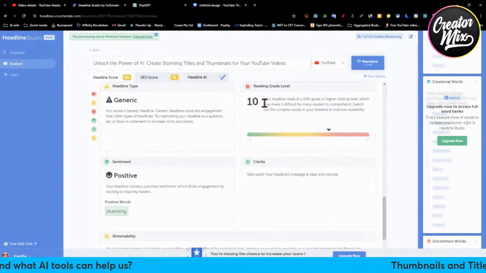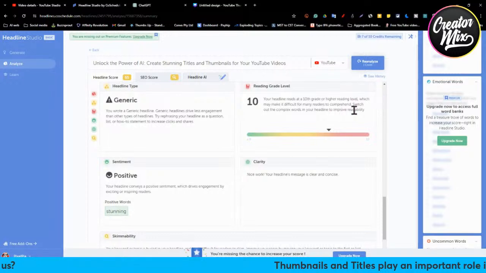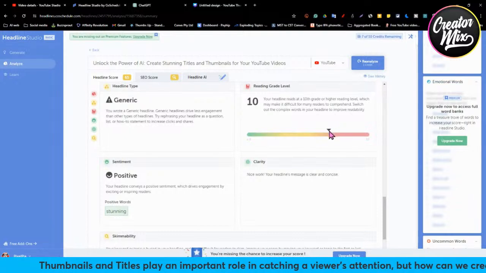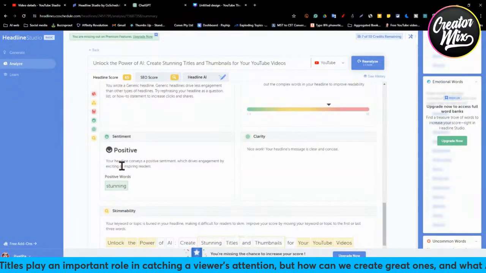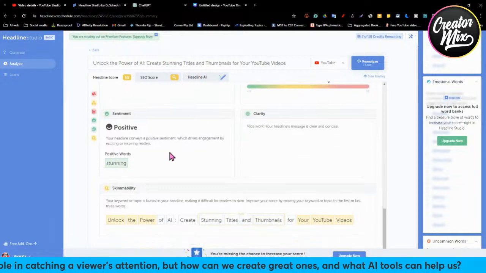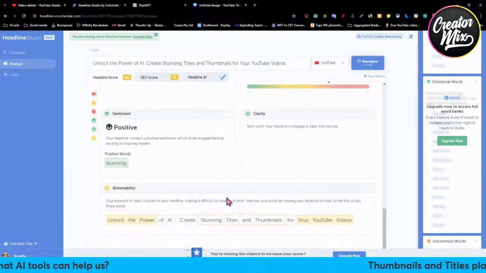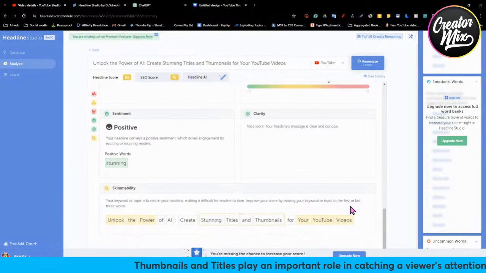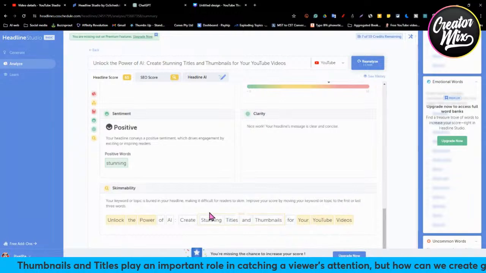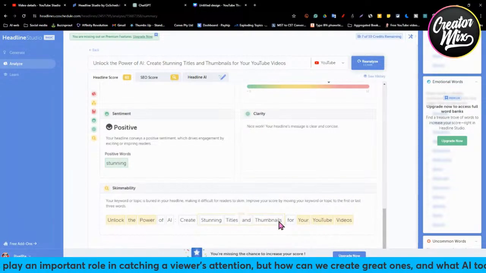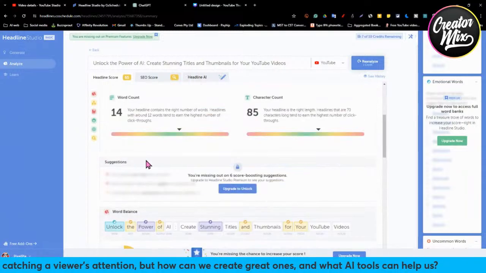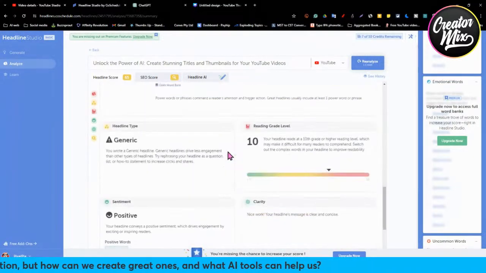And then reading grade level: your headline reads at the 10th grade or higher reading level, which may make it difficult for many readers to comprehend. And then stunning is a trusted word. And skimmable: the words and topics are hard to find when reading the headline, making it difficult for readers to skim. Improve your score by moving your keywords or topics to the first or last reading word. So it's suggested that instead